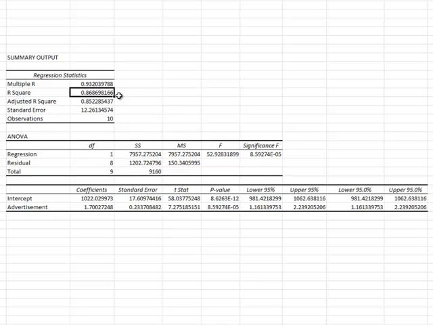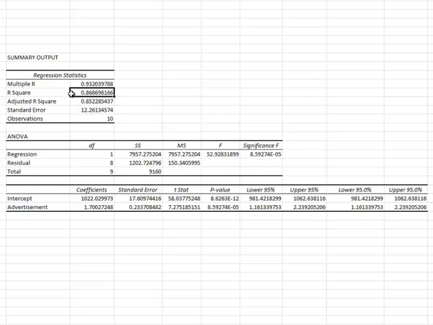So that means 86.9% of the variability in y is explained by the simple linear regression model, which has advertisement as the x variable. Okay, so the variability in y, sales, is explained. 86.9% of the variability in y is explained by having a simple linear regression model with advertisement as the x